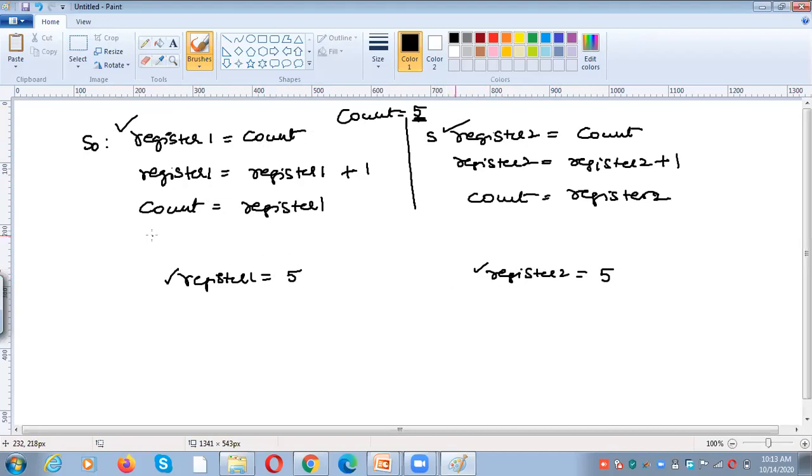You need to perform register 1 equal to register 1 plus 1. So what is the value of register 1? Register 1 value is 5. So 5 plus 1 is 6.